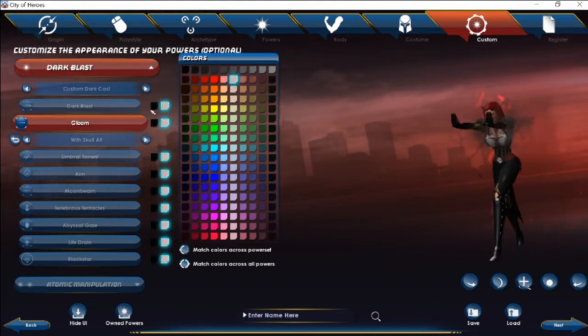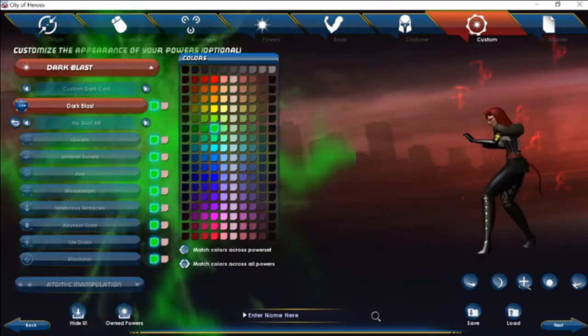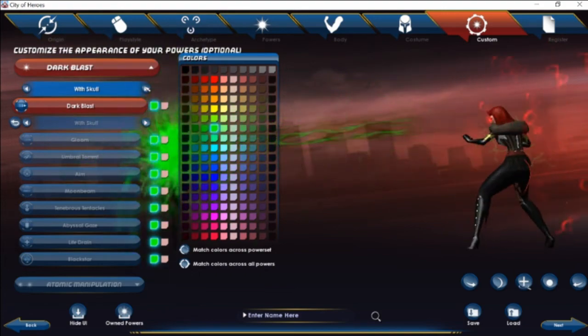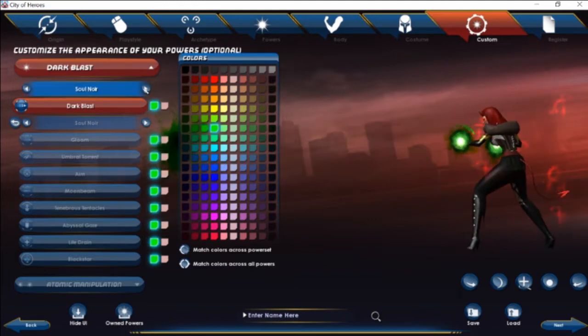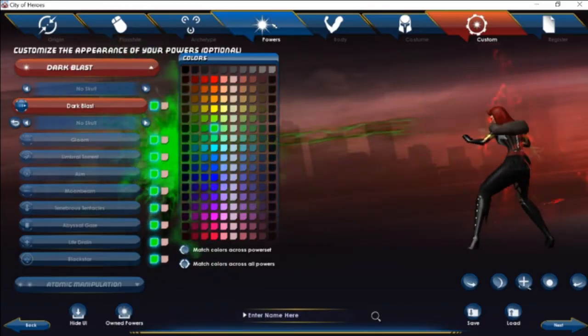Why won't it let me pick? There you go. But you also have the Soul Noir abilities, or the skull attack abilities, if you guys can see that. So you can change it up a little bit. I think every time I go dark, I go for those abilities, even if it's dark miasma. More so, Soul Noir is really nice. Soul Noir with Skull, different alts, a lot of choices if you want to go Dark Blast, and it's very